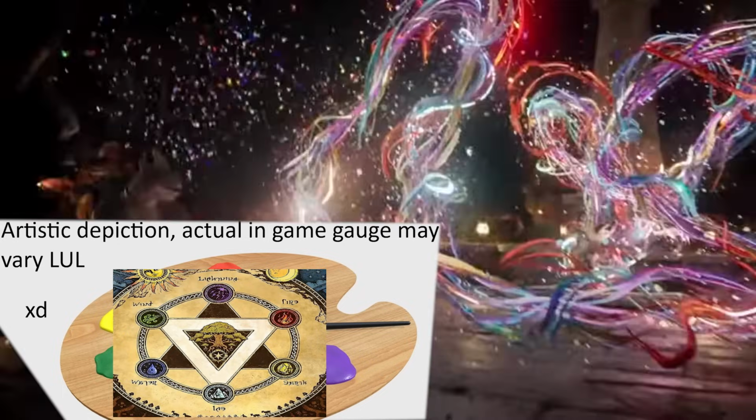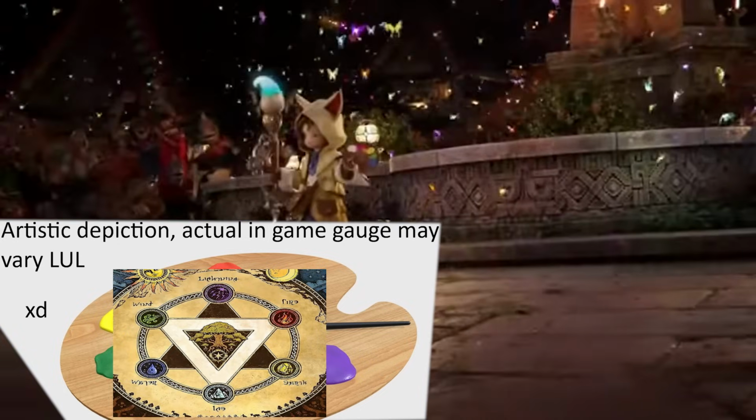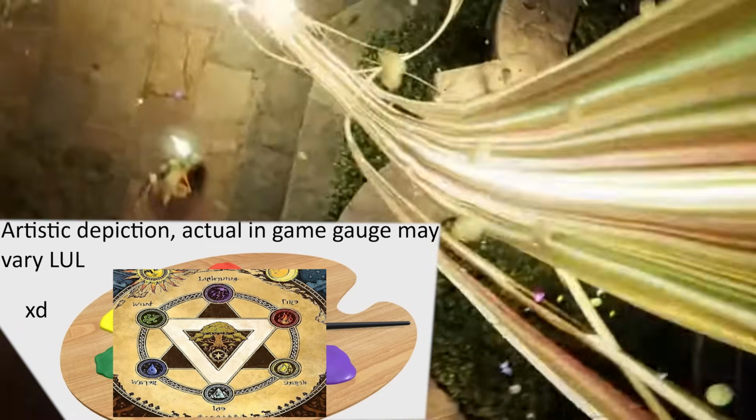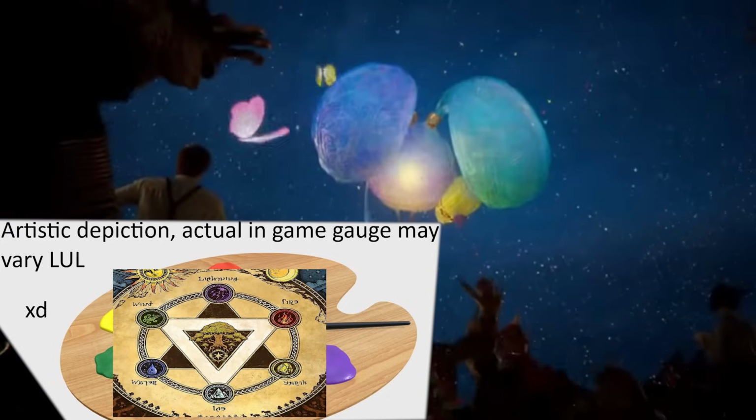All of the primary colors in Final Fantasy XIV's world are the elements of that wheel, and by status effects that may be applied to the target. Like, maybe they do have the ability to apply a damage over time effect, but they are not going to have an extravagant token system of debuffs to manage on a target. We'll talk about why later, but instead the Pictomancer's palette is going to be where the Pictomancer is storing the